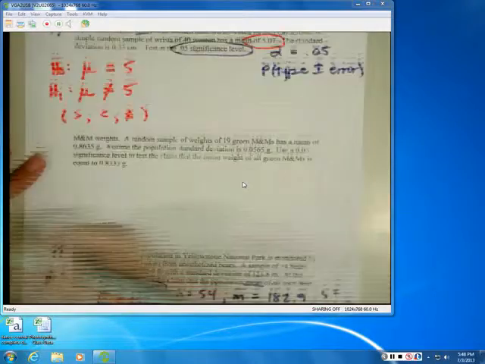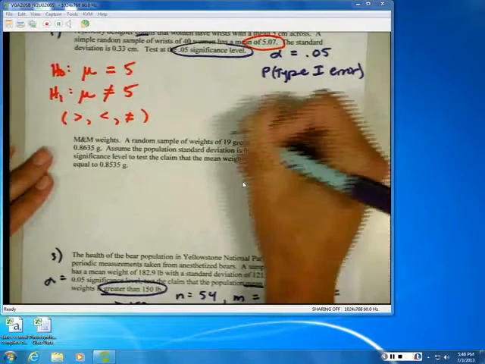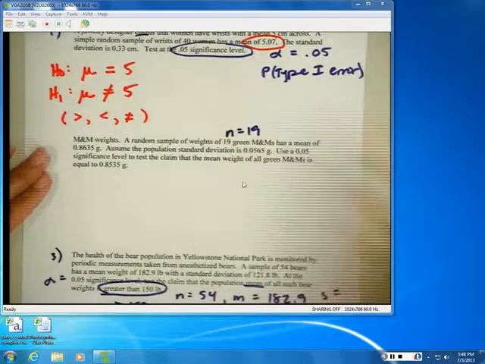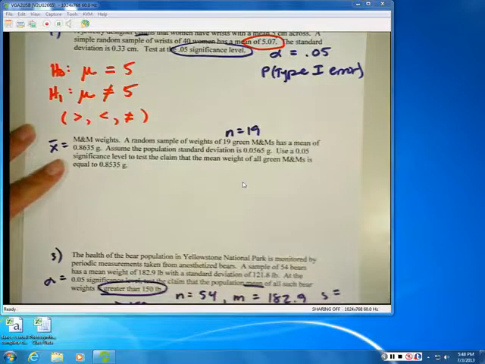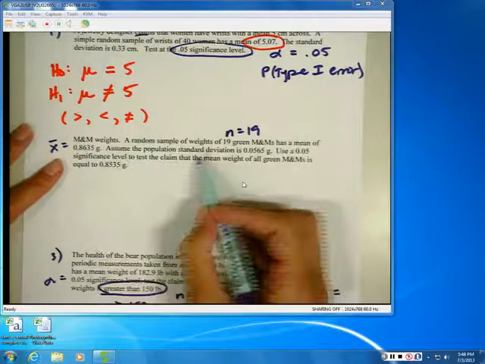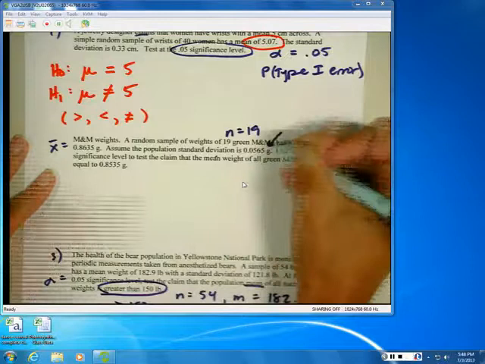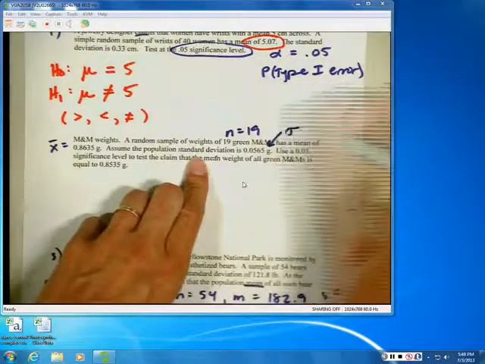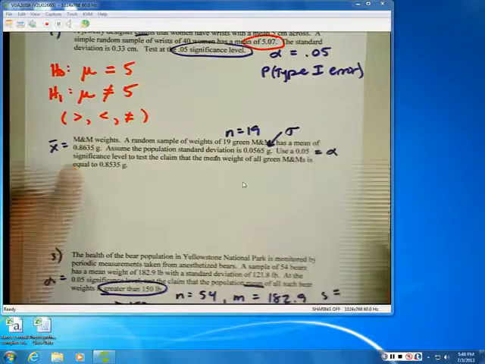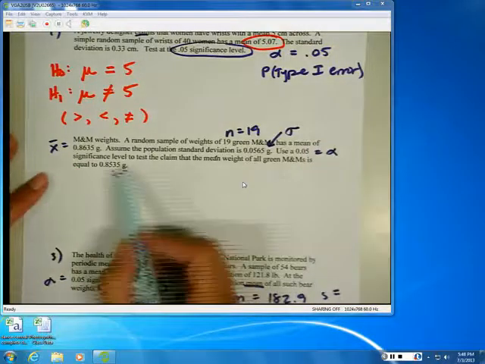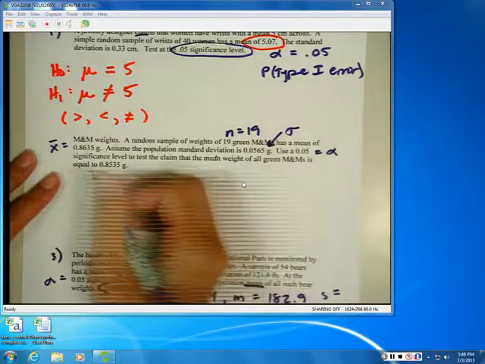Okay, let's back up and take a look at number 2. So number 2, M&Ms, a random sample of 19 green M&Ms, so n is equal to 19, has a mean of, so this would be x bar, or m. Assume that the standard population deviation is this number. Okay, this would be population, that would be sigma. Use 0.05. There are other significance levels. These all happen to be 0.05. To test the claim that the mean weight of all green M&Ms is equal to